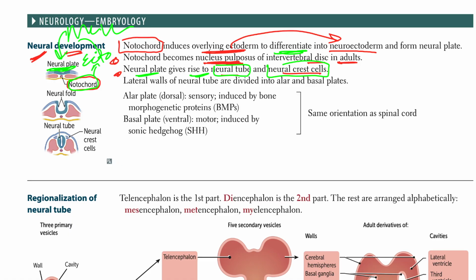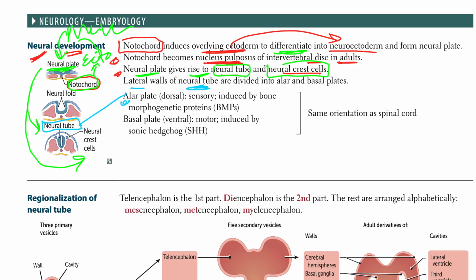So let's look in the picture. Where do we have neural tube and the neural crest cells? Okay, now let's look at the next point. That is the lateral walls of the neural tube. Specifically, they're looking at this guy, neural tube, are divided into alar and basal plates. Okay,